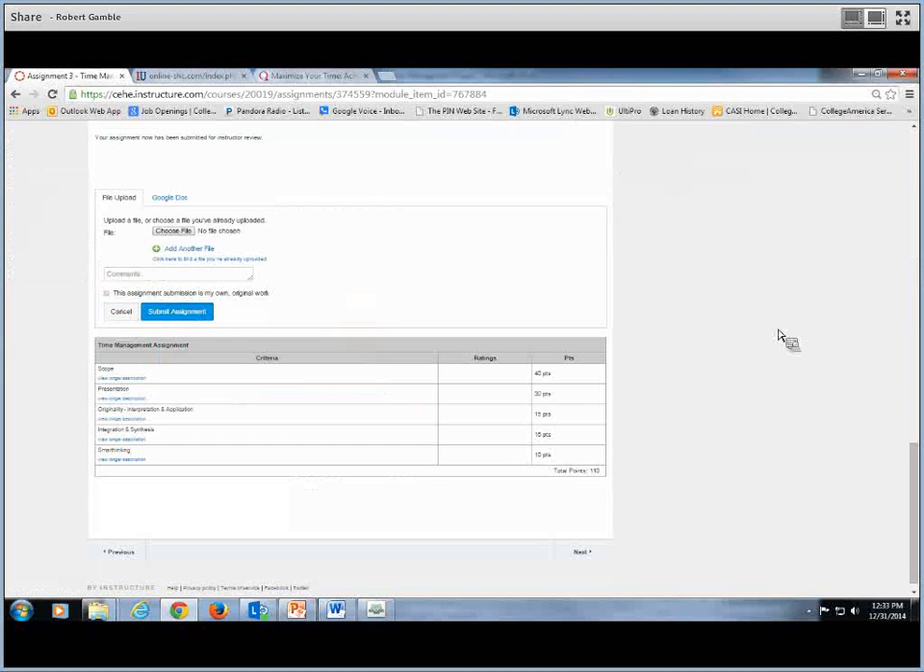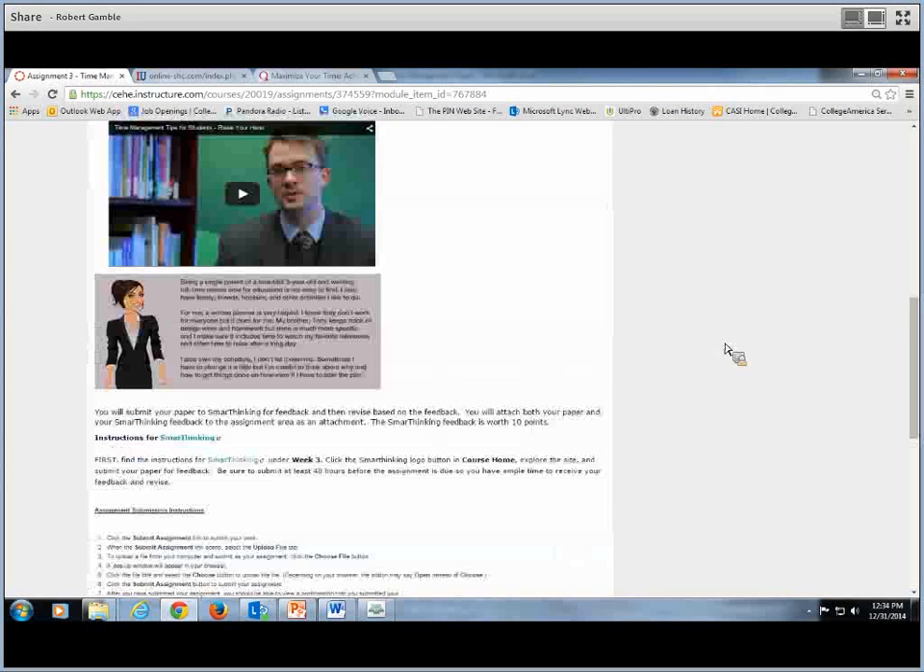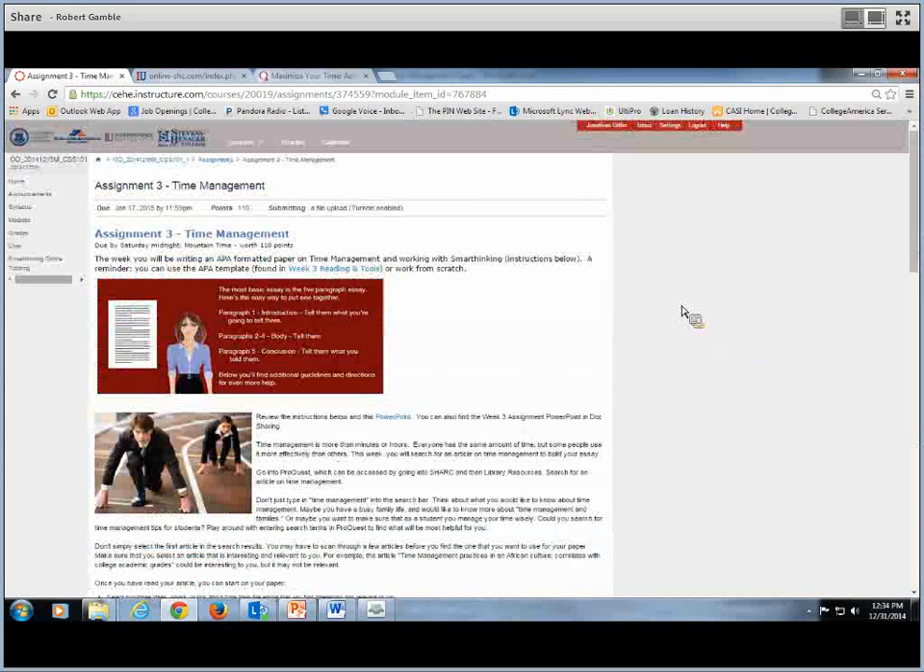Okay. So in here again, you're going to choose a file. So what you want to do is you're going to upload the one that's come back from Smart Thinking, and then go into your own paper and make the corrections or any kind of adjustments that might have been suggested to your paper, save it again, and then upload that. So you'll be uploading 2 files. You'll upload your corrected paper, and then you'll also upload the paper that has the corrections or suggestions from Smart Thinking. Okay, so that is about it